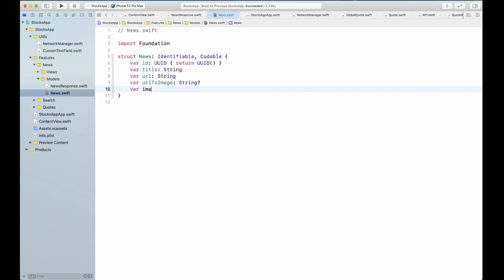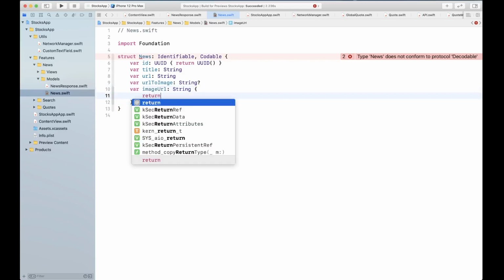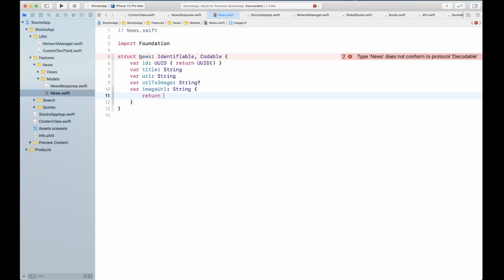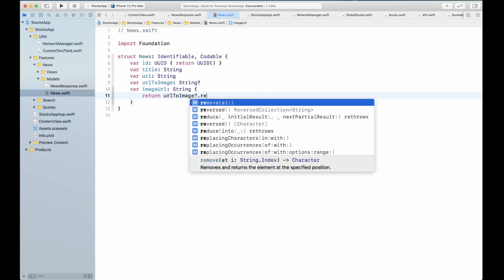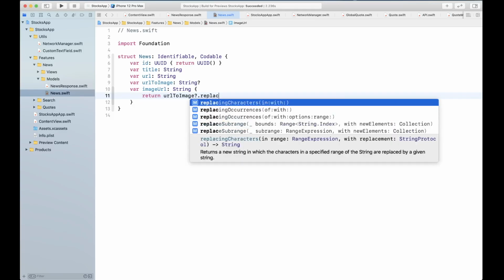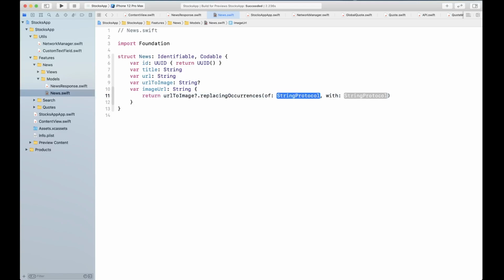And then we're going to create a computed property. We're going to call this one imageURL, which is going to be of type string, and this is the one that we're going to use inside our app. So we're going to say urlToImage.replacingOccurrences of. So what happens sometimes, the image itself is returned as HTTP.